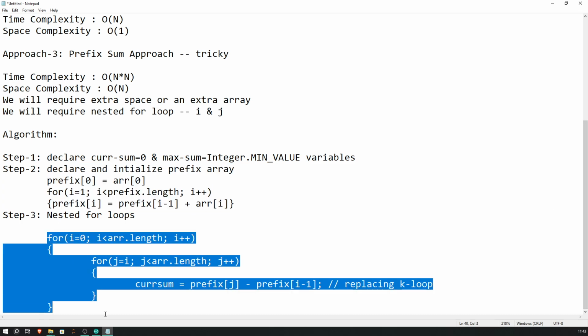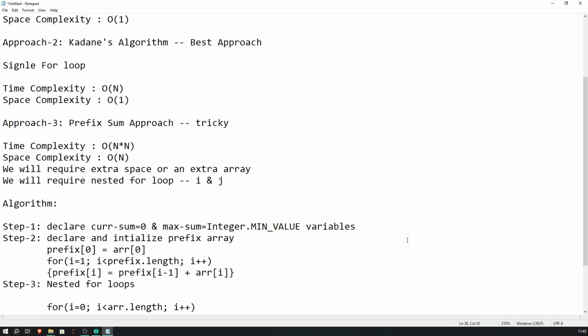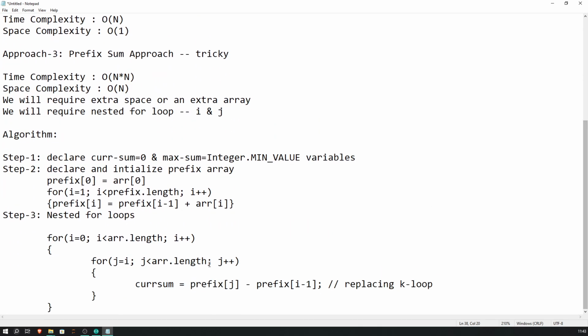nested loop, inside the nested loop, what we did is current sum is equal to prefix of j minus prefix of i minus 1. Okay, if you naturally remember this logic then there is no need to remember this formula. Okay, it's simple, prefix of j minus prefix of i minus 1. Okay, prefix of j minus prefix of i minus 1,